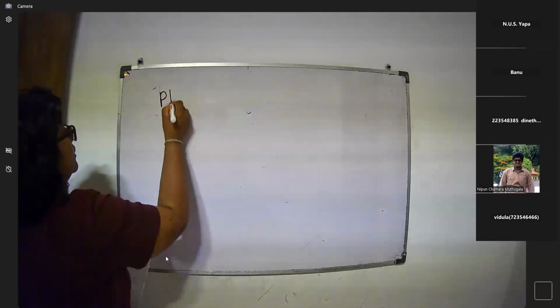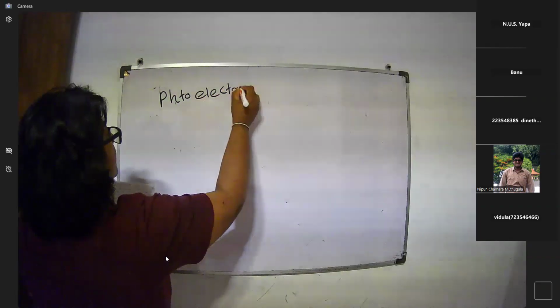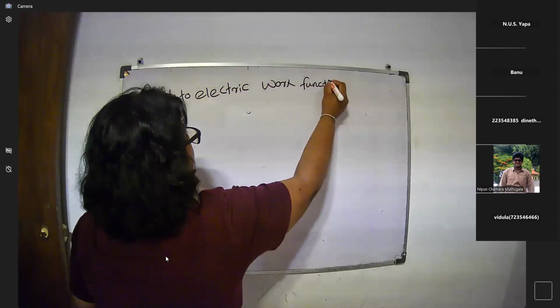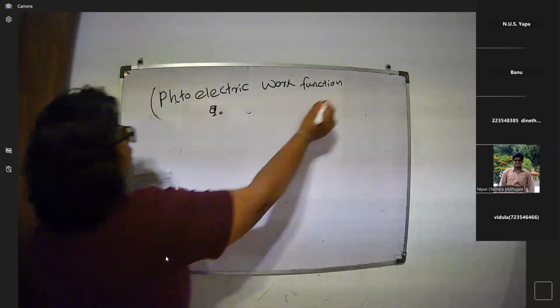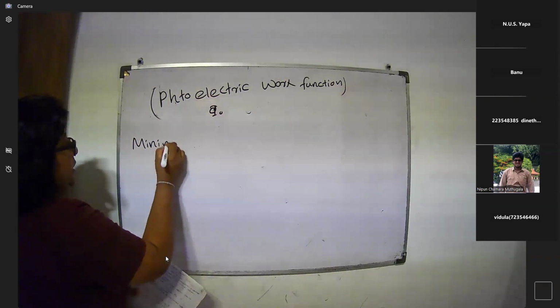In the photoelectric effect, we have some terms: photoelectric work function, stopping potential, and threshold frequency, or cutoff frequency. Then we can define these terms. Photoelectric work function, psi naught or psi. Then we can define it as the minimum energy